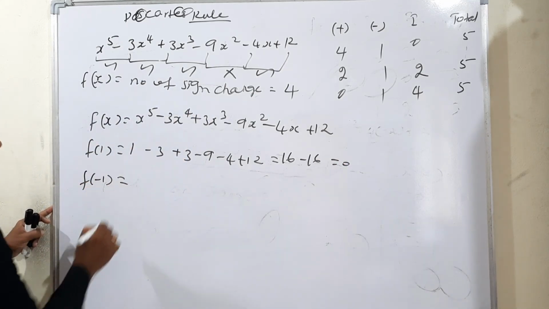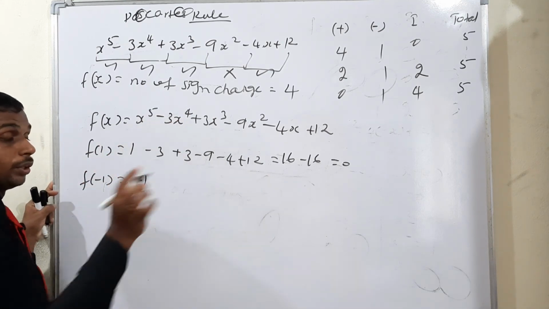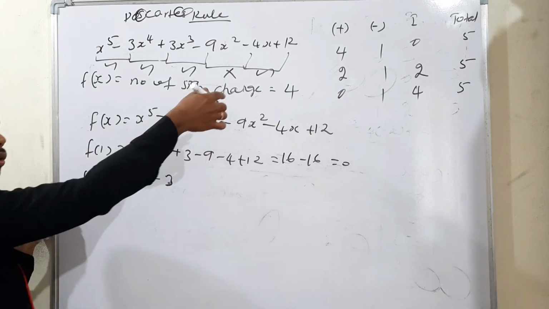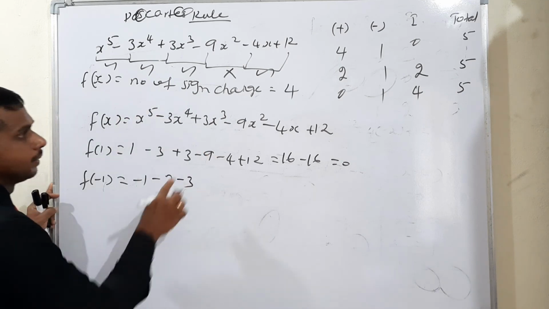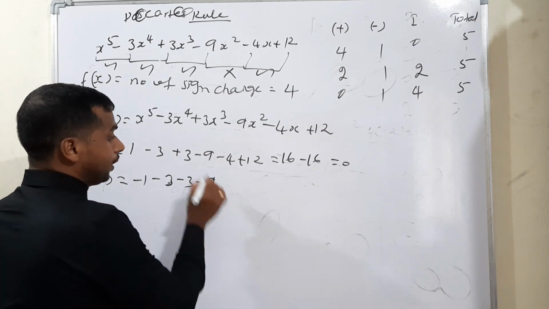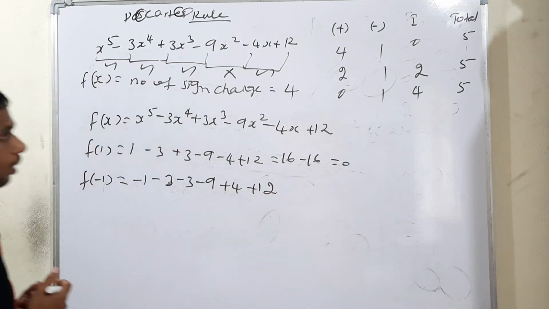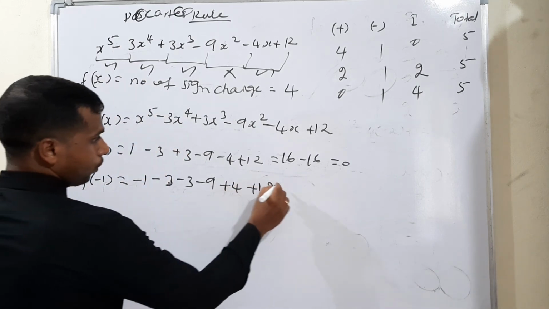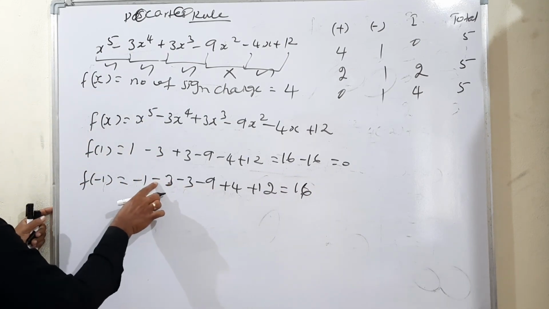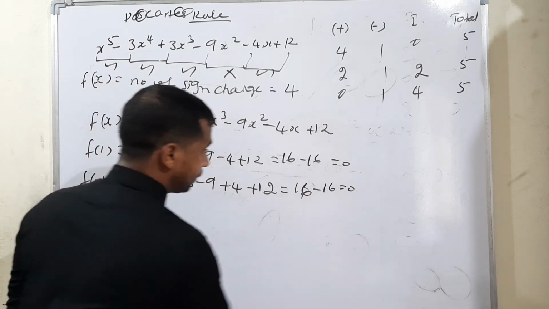Then minus 1, check it there, minus 1 the whole power 5, odd number, so minus 1 will come. Next one, minus 1 the whole power 4 means a positive 1, so again minus 3 will come. There is actually minus 1 the whole power cube, odd number, therefore we can write it minus 3. Minus 1 the whole square means positive 1. So, positive 1 into negative 9 means negative 9. Next one, minus 4 into minus 1. So, positive 4, again positive 12. So, now 12 plus 4, the positive one 16. Now, minus 9 minus 3 minus 12, minus 12 minus 3 minus 15, minus 15 minus 1 is equal to minus 16 is equal to 0.